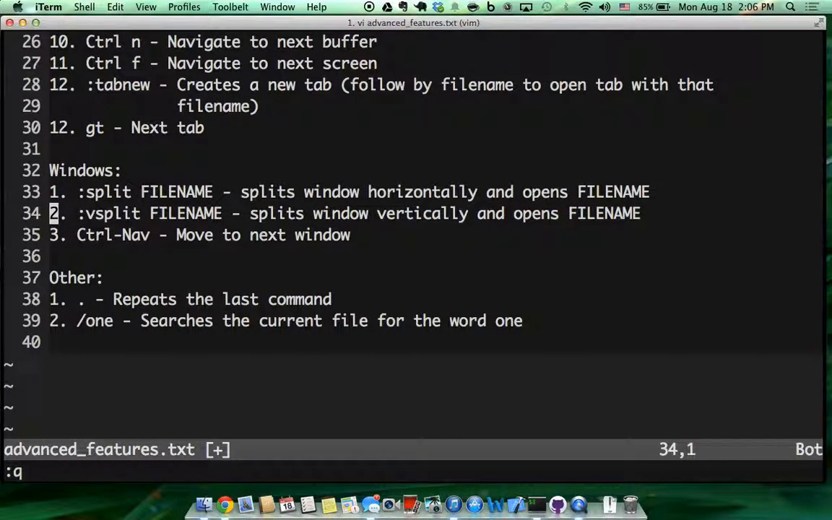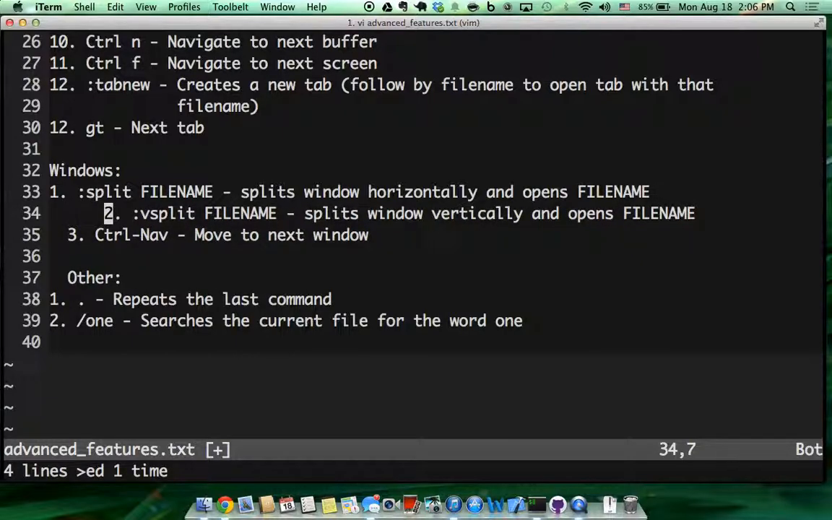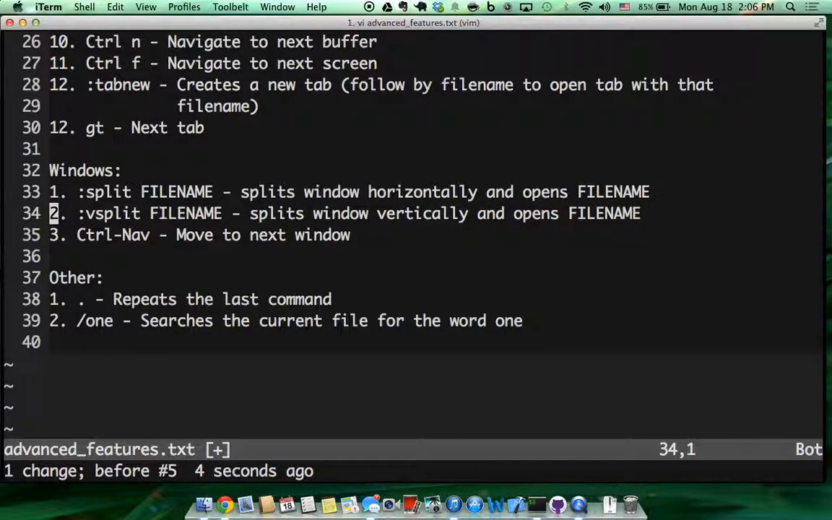Another few useful commands would be, if you press dot, you would use the last command. So let's say that we just indented this line and you want to do it again, just press dot and it indents it. And if you want to search a certain word in the file,